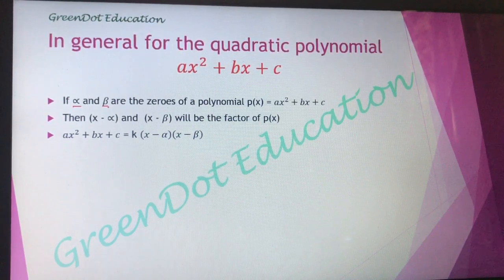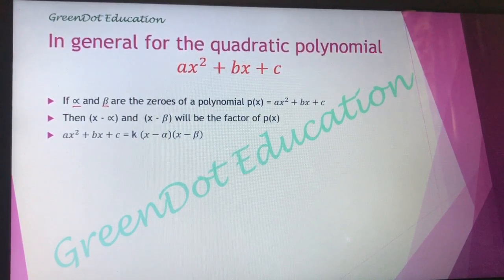these two factors. We can express it in this fashion, that is ax square plus bx plus c will be equal to x minus alpha multiplied by x minus beta, and these two factors multiplied by k, and here k is any real number. So here when we use these factors and the identity x plus a into x plus b, recalling that identity, we say that when x plus a is multiplied by x plus b, we get x squared plus a plus b multiplied by x plus ab.